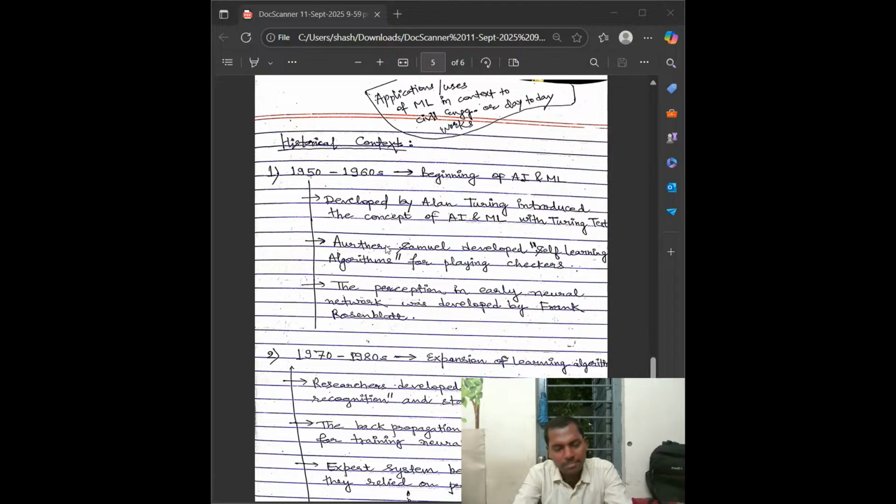It was the beginning of AI and ML. It started with the genius named Alan Turing, who first introduced the concept of AI and ML with the Turing test. And exactly in 1959,